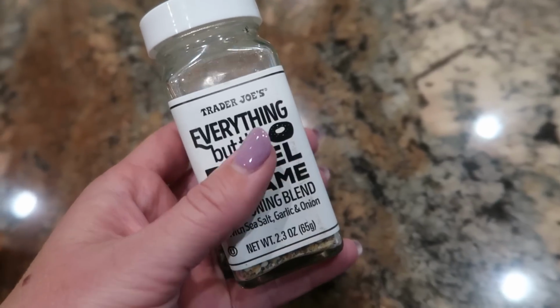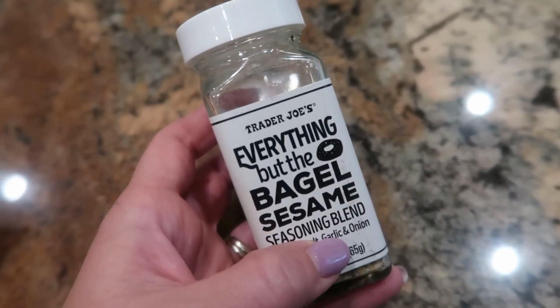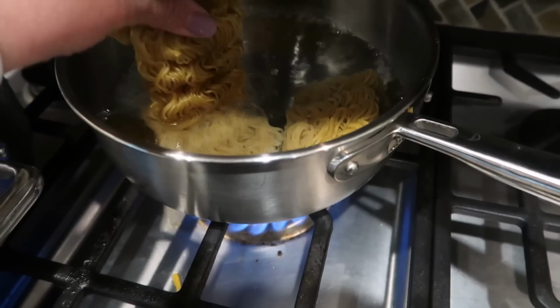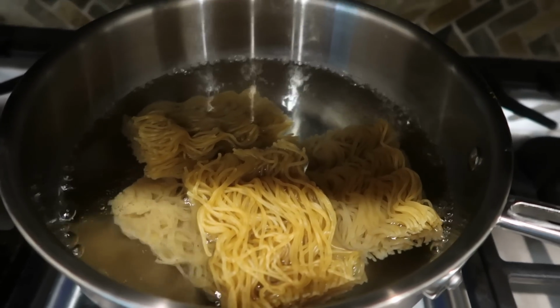I don't have any green onions, which would be really great as a garnish, so I'm gonna use some of this everything but the bagel seasoning to top my ramen dish whenever I'm finished making it. I have some water coming to a boil so that I can cook my ramen. As soon as that starts boiling, I'll add my ramen and let that cook for a few minutes until